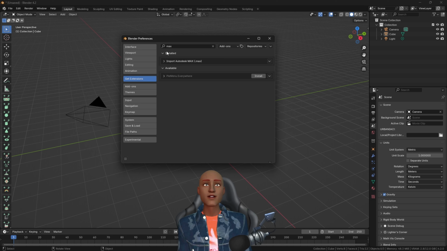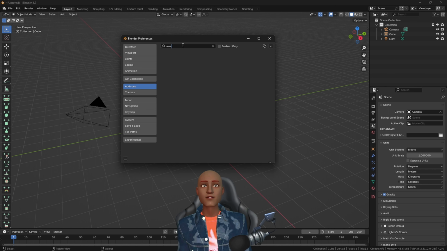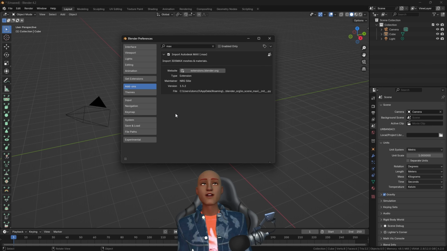So you'll see that it's moved in from available to installed. Okay, so now that that's installed, if I go and search for Max here, you've got the Max importer there. Okay, so I would expect it to also probably be in